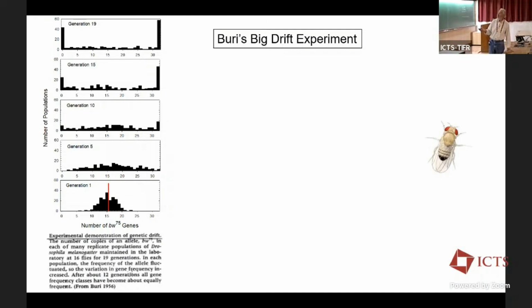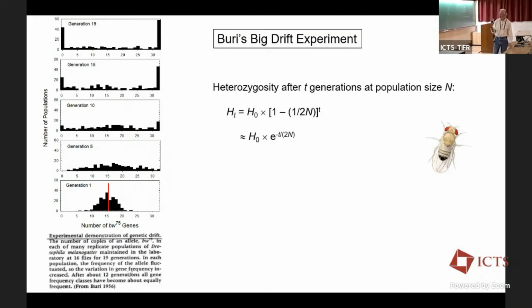But now you can see that this bell-shaped distribution is becoming more of a U-shaped distribution. And that's because eventually the populations are all either losing one allele or the other. They're becoming fixed for the mutant allele in a random fashion. This fits the theory quite nicely. It's quite consistent with what was expected according to theory, but there's one neat twist to this experiment.